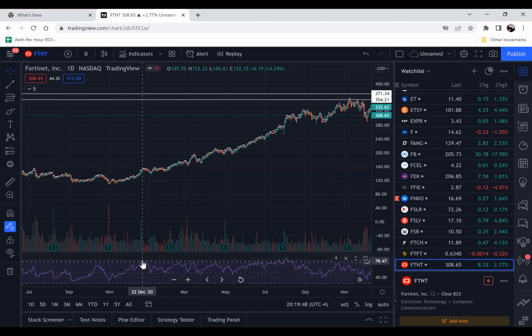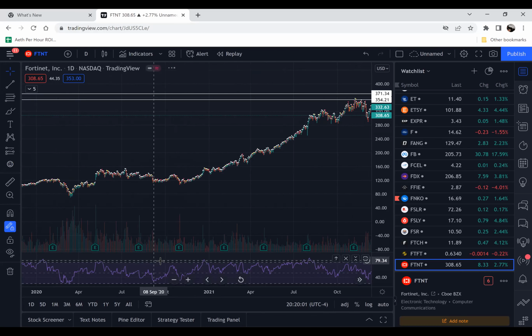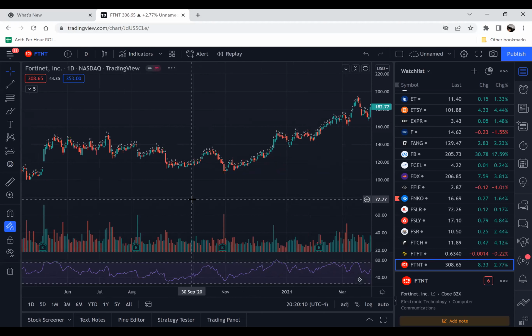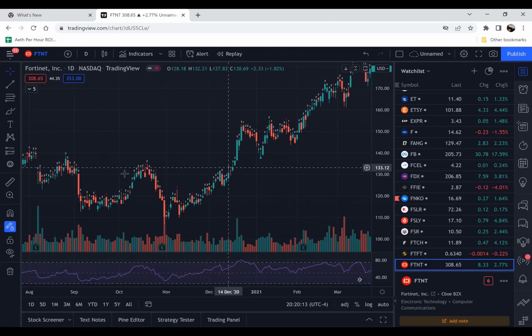But after studying it so much, one thing that I did notice is it can run, but it all depends on the setup, right? Is it a bullish setup, a bearish setup? And also what I noticed is on the dailies, they normally sell right back off anytime it's up there, right? But you just got to catch it at a nice reversal. And what I mean by a nice reversal, anytime it tapped up here, on our RSI it's going to be right here. So say if you try to short it this day,